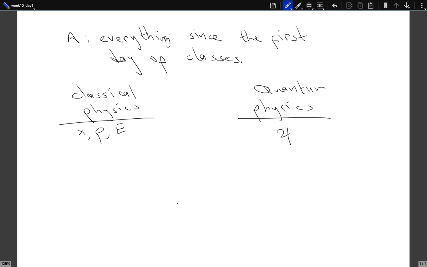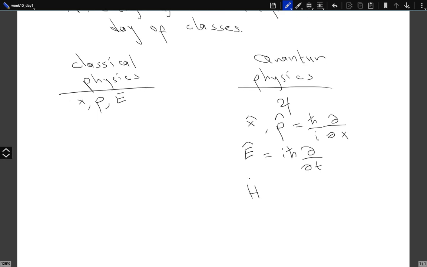And compared to position, momentum, energy, etc., the other dynamical observable quantities, we have the operators. Like we have the position operator, which we show by the hat. We have the momentum operator, which we show by h bar over i del over del x. We have the energy operator, which is i h bar del over del t. We have the Hamiltonian operator, which is the momentum operator squared divided by 2m plus V of x, whatever potential